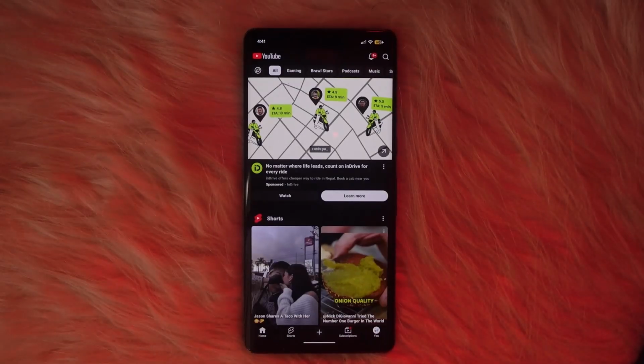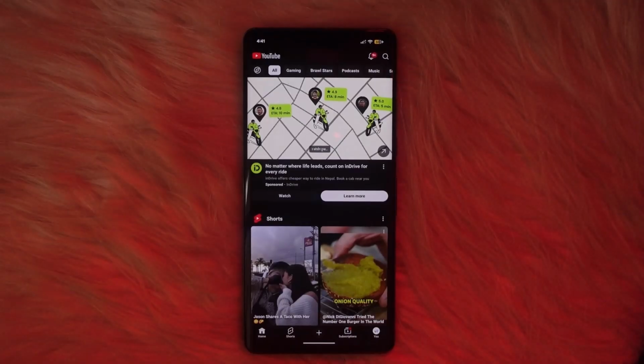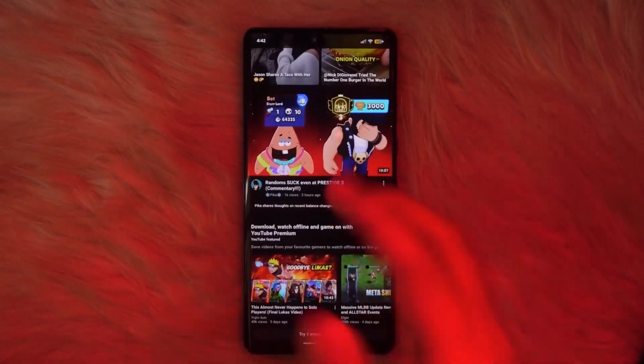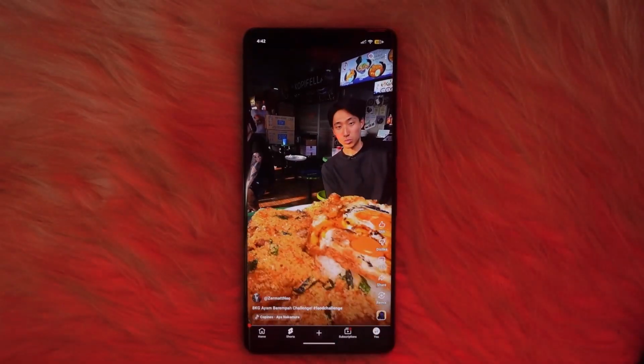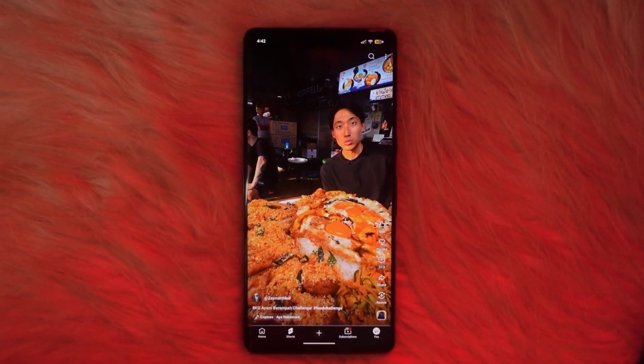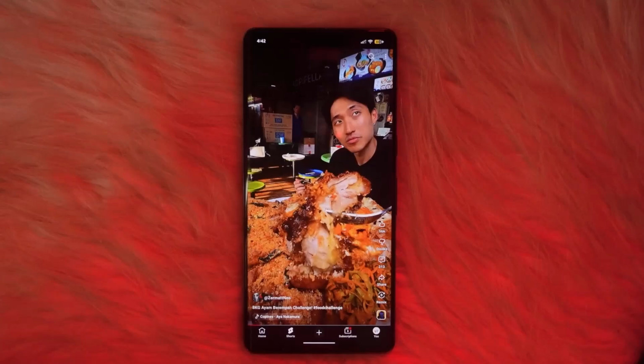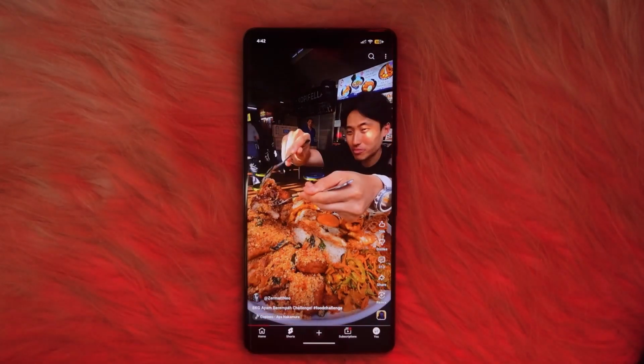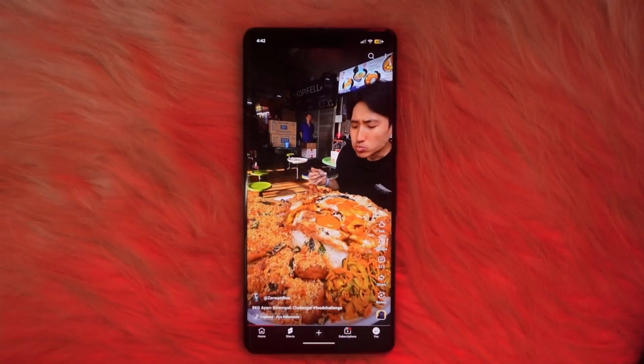Now, to buy and send a gift, you have to find a live stream, vertical or horizontal, with the gift icon. It looks like a gem or gift box below the video or in the chat area. Now once you find it, go ahead and select an animation, and once selected, it will instantly overlay on the stream for the creator and